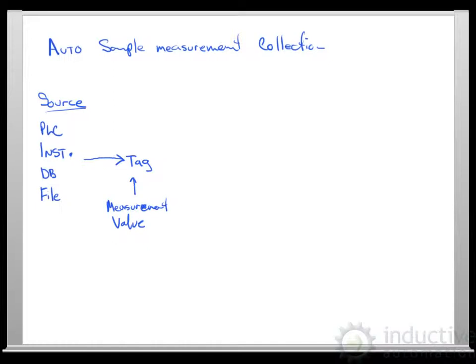Once we have that measurement value in a tag, then we can configure what we call a tag collector here in our SPC. And part of that is that we tell it which tag to read. That seems pretty straightforward. And we also tell it an interval. And that interval can be a number of things. It could be a shift change. It could be a particular hour of a day, particular day of the month, every 10 minutes, every fifth value change,